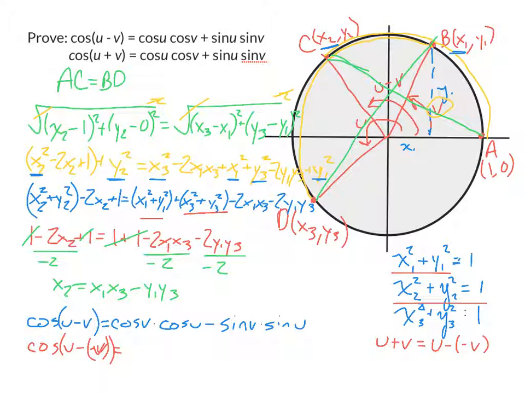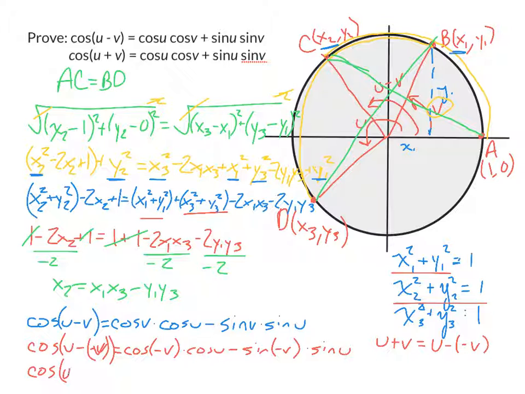And so cosine of negative v times cosine u minus sine of negative v times sine of u. And by our various even and odd functions, so cosine, I can turn the negative into a positive,